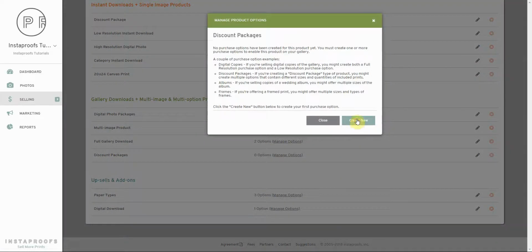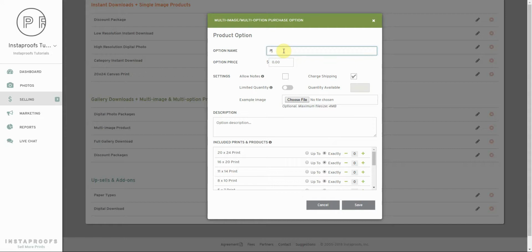And the first option I'm going to add, I'll just call Package A. I'll give it a price of $39.99. I'm going to leave this option blank. I'm going to charge shipping. It doesn't have limited quantities. And I'll give it a description. This package includes 2 5x7s, 1 8x10,